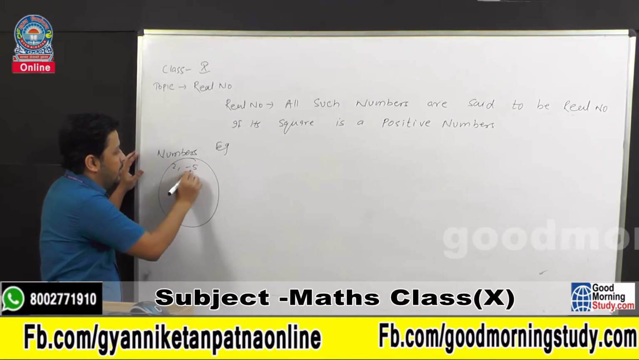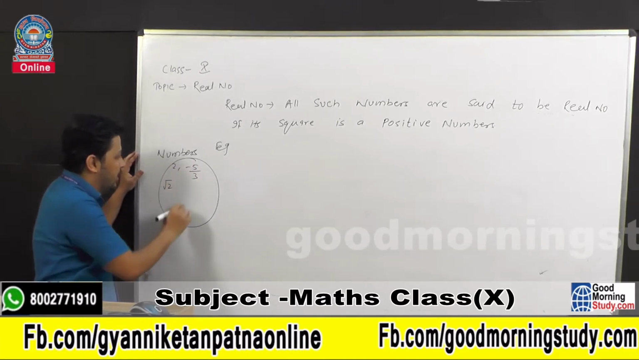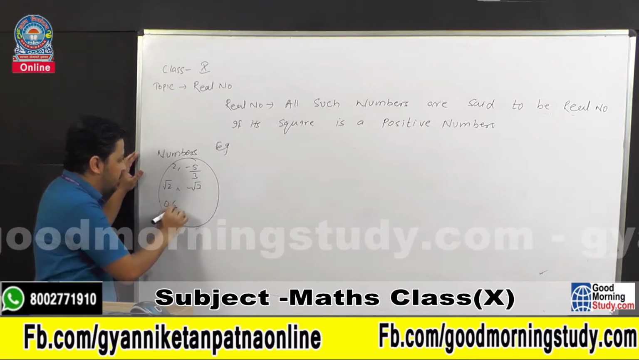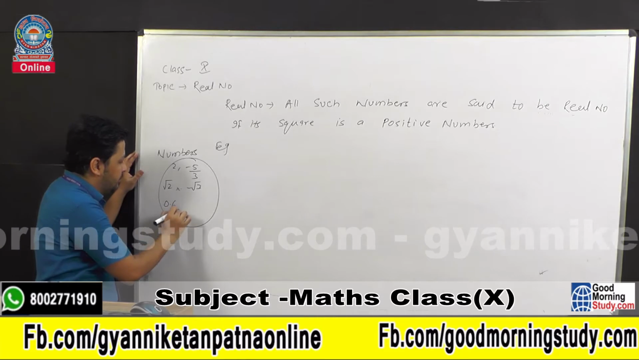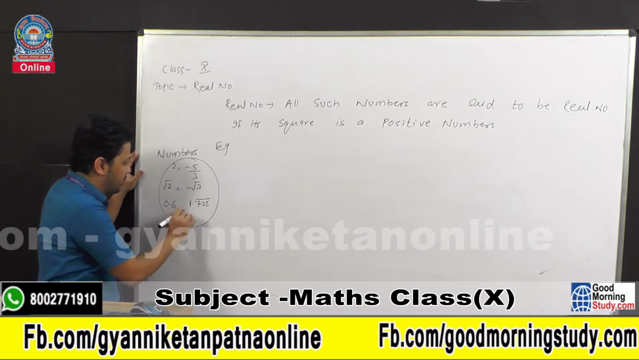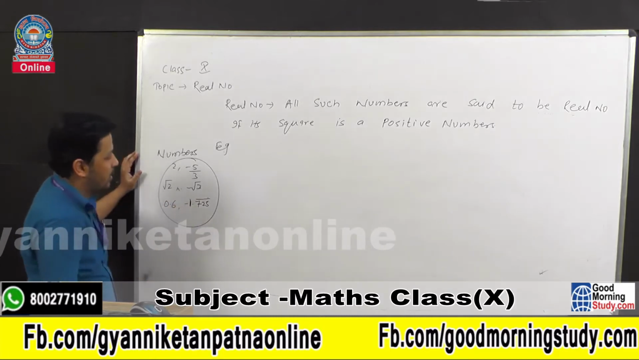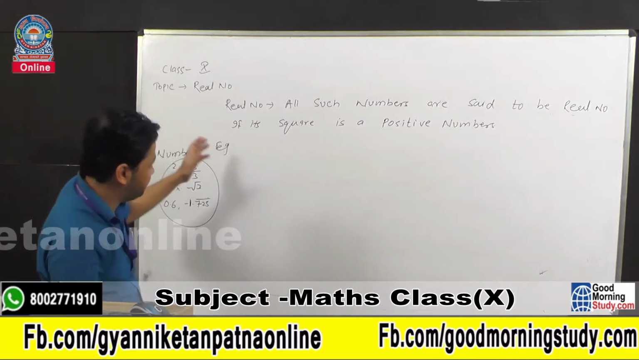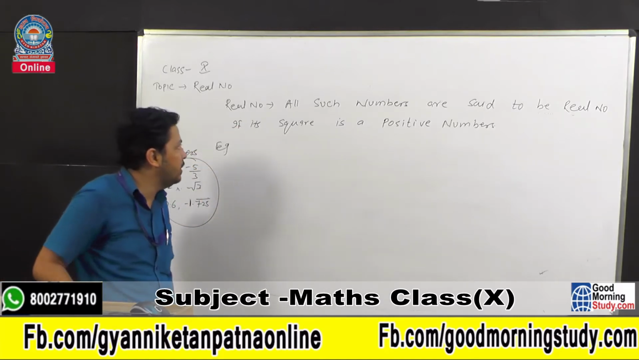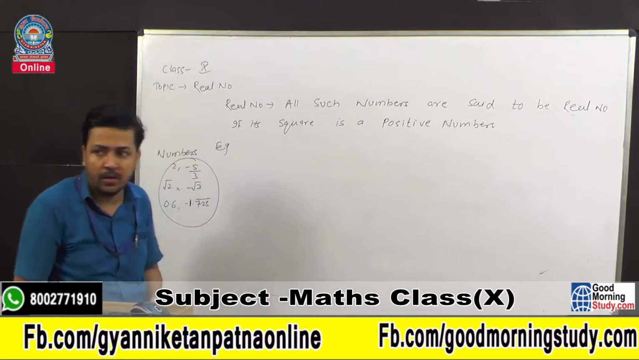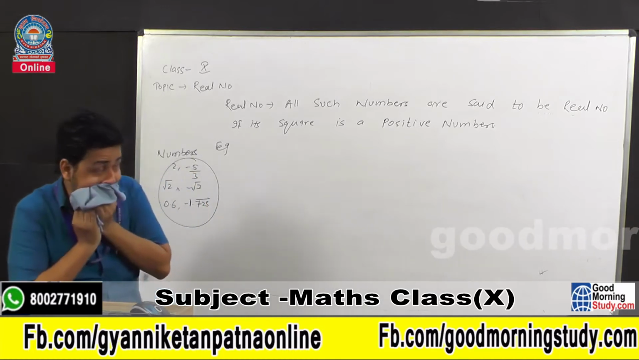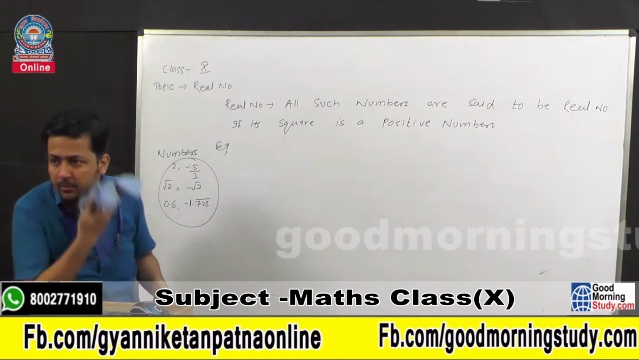Again let's say 5 by 3. Again let's say root 2. Then let's say minus root 3. Then let's say 0.6. Then 1.725. This is the number, minus or plus, whatever. Now see this. All such numbers, what I have written here, are said to be real numbers if its square is a positive number. If its square is a positive number, means ऐसा फॉर्म जो कि रियल नंबर कहलाएगा जब उसको हम स्क्वायर करेंगे